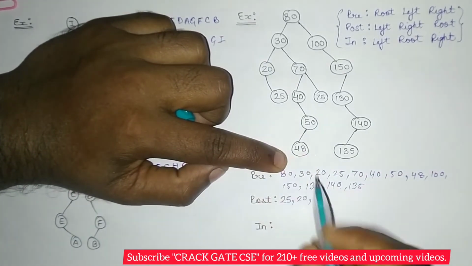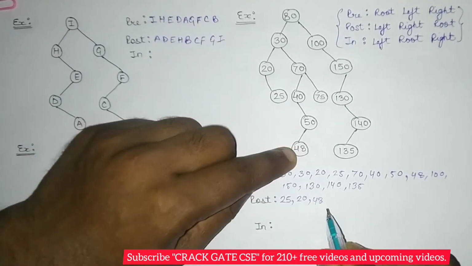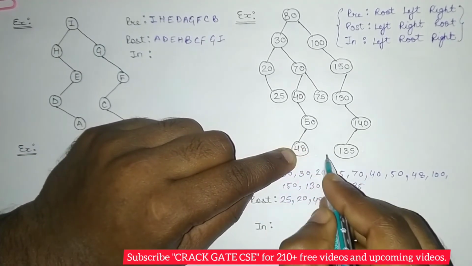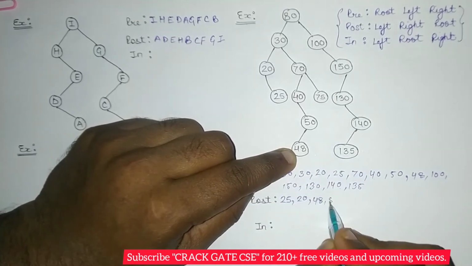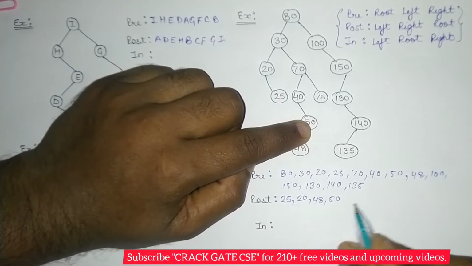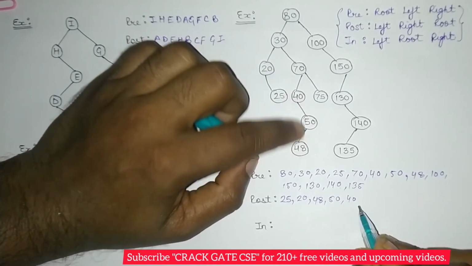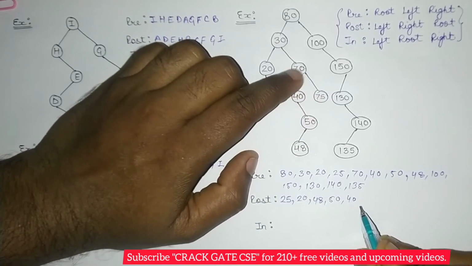Now there is no left and no right for 48, so print 48. So left is done for 48, now there is no right, that means right is also done for 50, so print 50 now. Now for 40, left is already done because no left, 50, right is done, so now print 40. Now for this 70, this left is done but this right is remaining, so move on to the right,